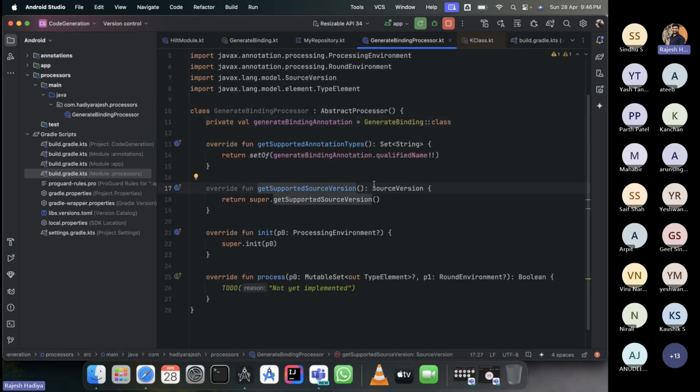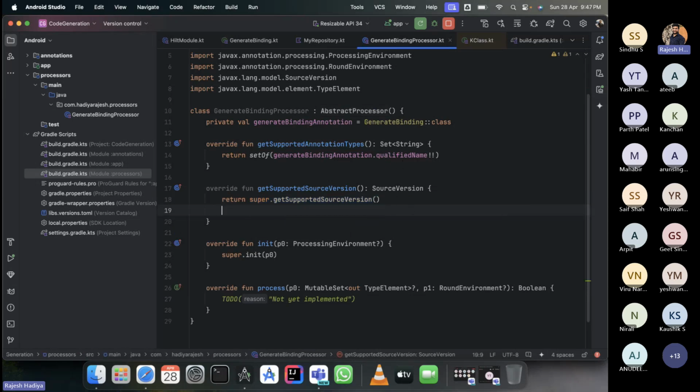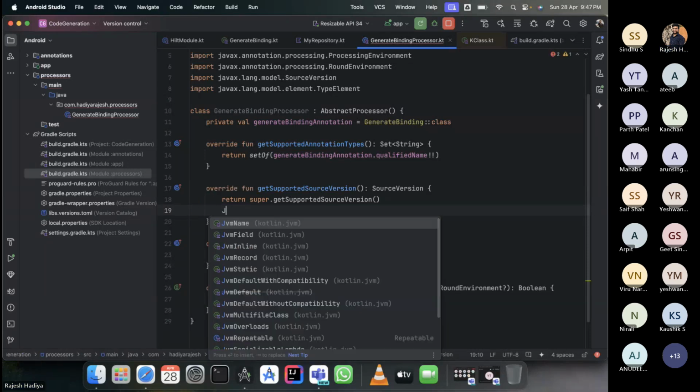The next method is getSupportedSourceVersion. What does it mean? This means which versions of Java this annotation processor supports, which version of Java or JVM is supported. Currently I think the JDK version is 22, right? Or the